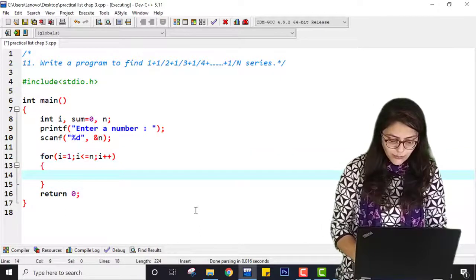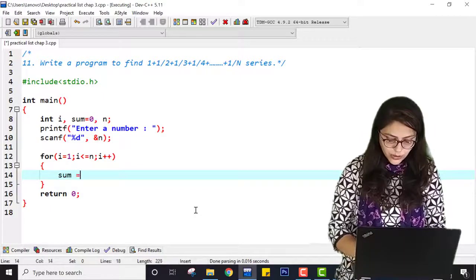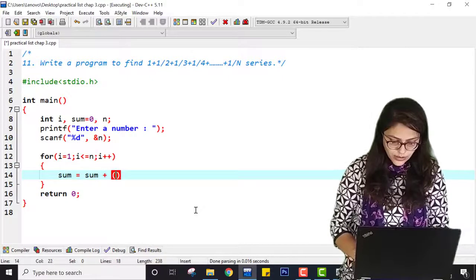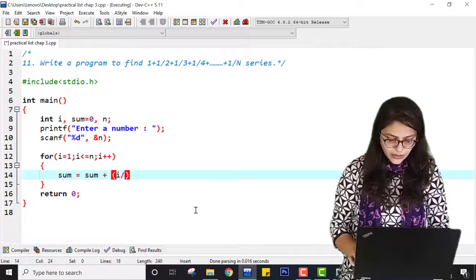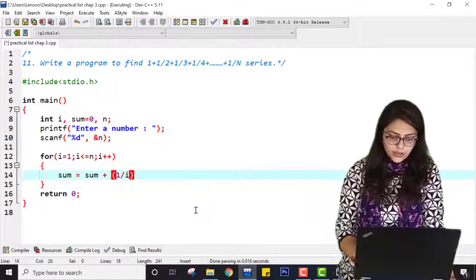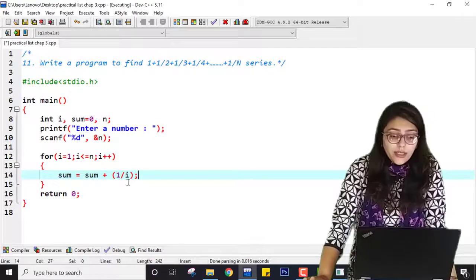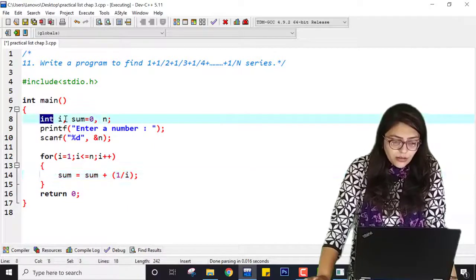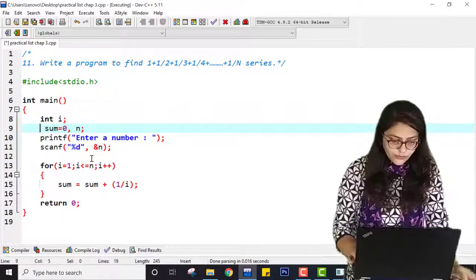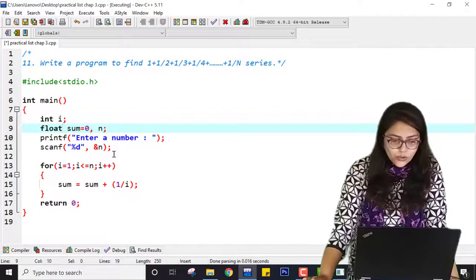And here, instead of sum equal to sum plus i, I am doing sum equal to sum plus 1 by i. I hope you understand this logic. Here, if I am taking this as integer, it will give me incorrect answer because sum can be floating also.